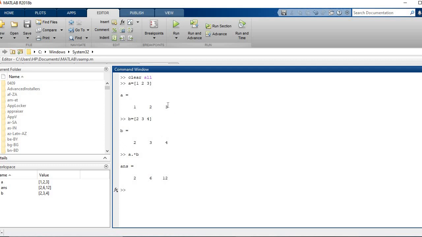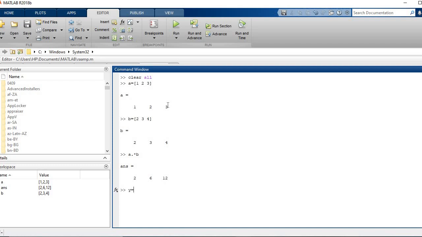So we have done addition, multiplication, element wise multiplication and subtraction. Now we are defining some basic commands that are there in MATLAB to ease our work. For example, if someone says define an identity matrix of order 10, it would be a very tedious task because you have to write 10 into 10, 100 elements manually. So to ease our work, MATLAB has defined some basic commands.